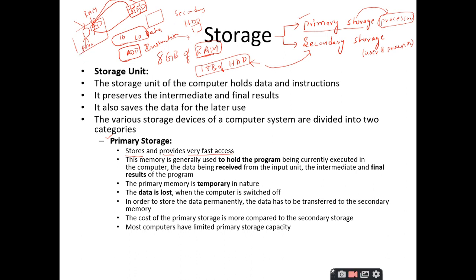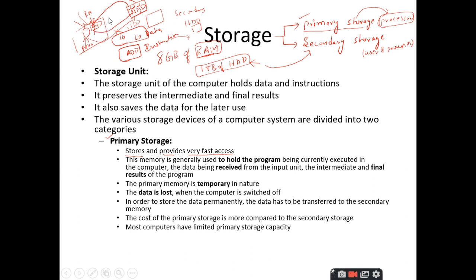So, the point you have to remember here is the processor cannot access the hard disk drive directly. This access is not possible. The processor cannot process the data that is present inside the secondary memory. The processor is capable of accessing the primary storage only, this only it can access. That is the reason why we are going to store the data inside the RAM before making any operations.